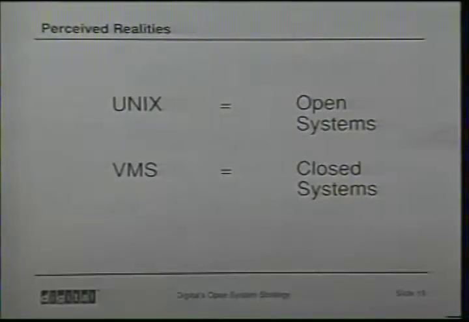Now, we've just stepped through a lot of definitions on why open systems might be important to you. But what are the perceptions that exist in the marketplace? Because we all know those perceptions are the reality that our customers are feeling and that you're experiencing when you're out there in the field. Well, in terms of the offerings that Digital has, Unix, or Ultrix, and VMS, there are a couple of different perceptions. One is that Unix is an open system. And on the other side of the coin, VMS is a closed system. What we like to do is explore the concept of open systems not being just an operating system, not being a system itself, but being an application environment, and what we can do to try to change these perceptions, which are in the minds of our customers reality.